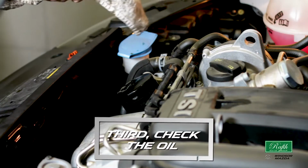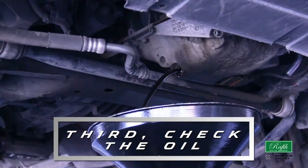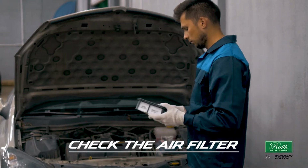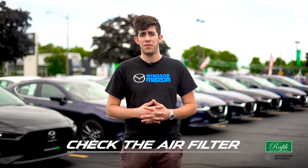Third, check the oil. If it looks dirty or low, change it. Oil needs to be changed regularly to maintain your vehicle's performance. While you're at it, check the air filter. Like oil changes, air filters help your vehicle run smoothly. You can check your own air filter, but it's always useful to take it to a mechanic as well, in case something has happened. The other fluids that need to be checked and tested also include the brake fluid, coolant,